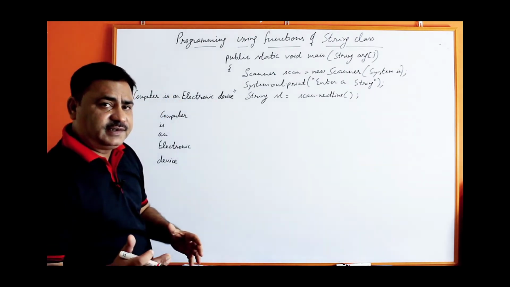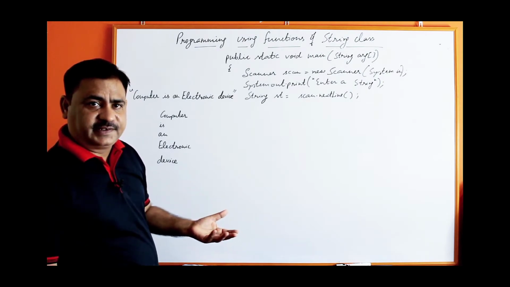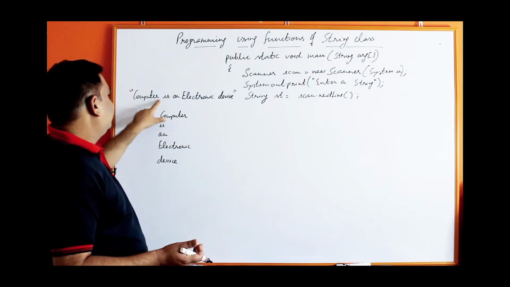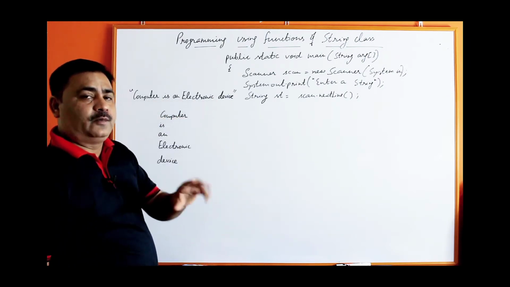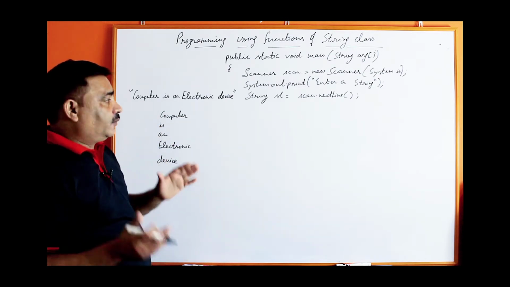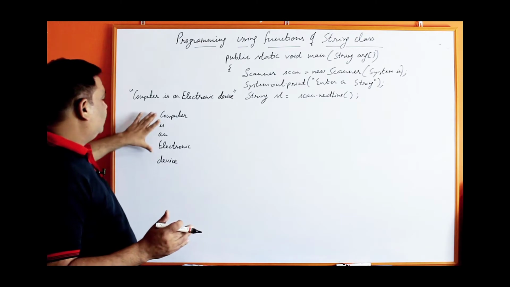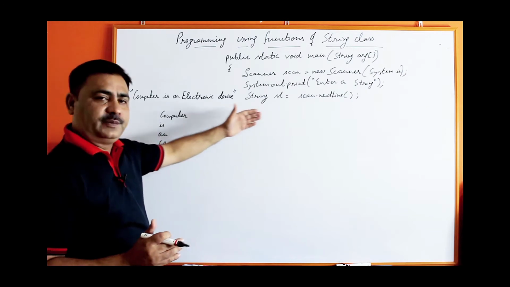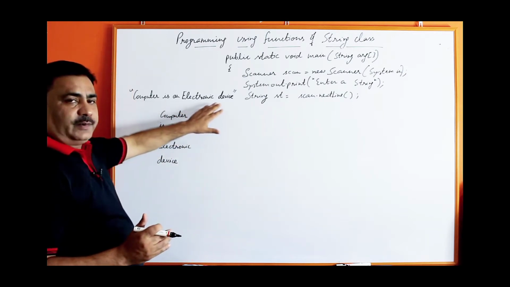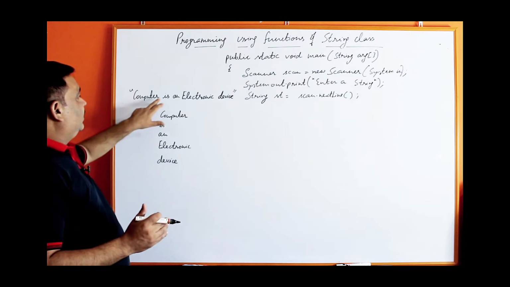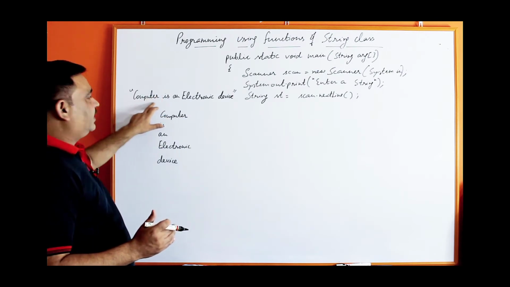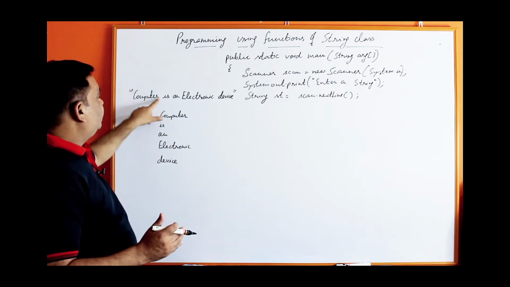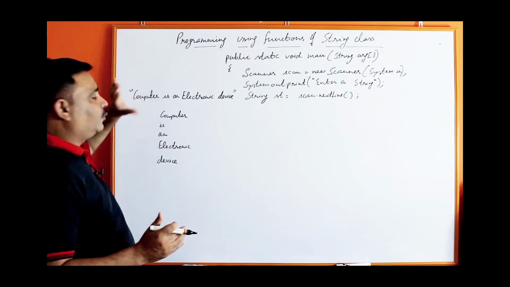If a question is there like this, to count the total number of words from the sentence, just count the total number of spaces and add 1, because total number of spaces are 1, 2, 3, 4 and plus 1, 5, total words are 5. But what we have to do is print each word on a separate line. For this, first of all we make a loop to extract the characters one by one, and till a space we will join all the characters in a separate variable. When a space is encountered, then we will print that word.